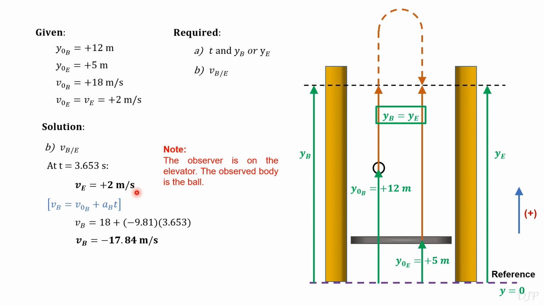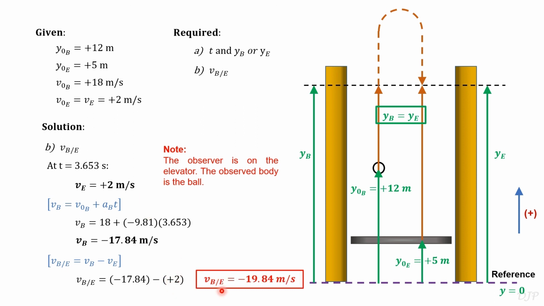Now that we have the values of v sub e and v sub b, we can compute the value of the relative velocity. The velocity of the ball is negative 17.84 minus the velocity of the elevator, that is positive 2. So this will give us negative 19.84 meters per second. The negative sign means that if you are on the elevator, it will appear that the ball is moving downward, and when it comes to the magnitude, 19.84 meters per second is greater than the